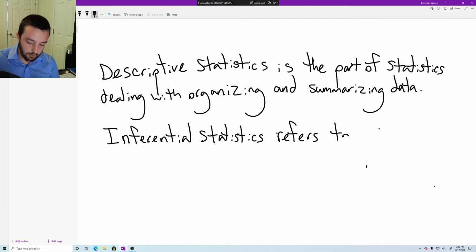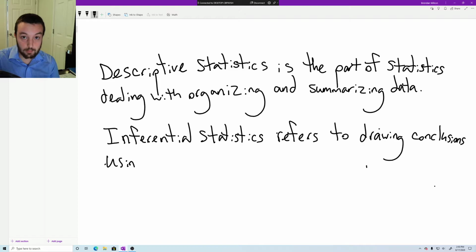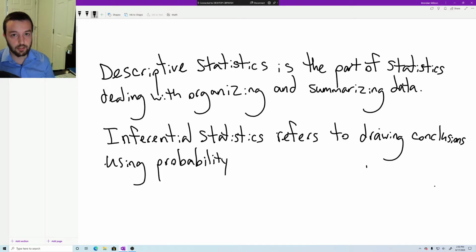It refers to drawing conclusions using probability. Okay, so one chapter we're going to look at in depth is chapter 3, which is dealing with